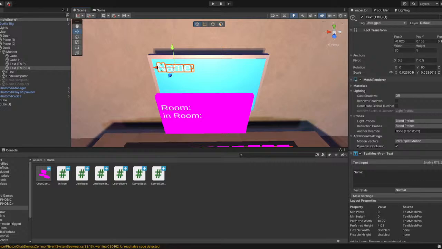Now the font to this will be the default font, which is fine for now. But if you want, you can just open all of these up, select all the fonts, and change it to whatever font you want, just so it looks a bit nicer. Now everything should already be set up, but just to check that it is, make sure that on all the keys it has the server script on it, and then it has join room set to enter, and then each of them have the letter and